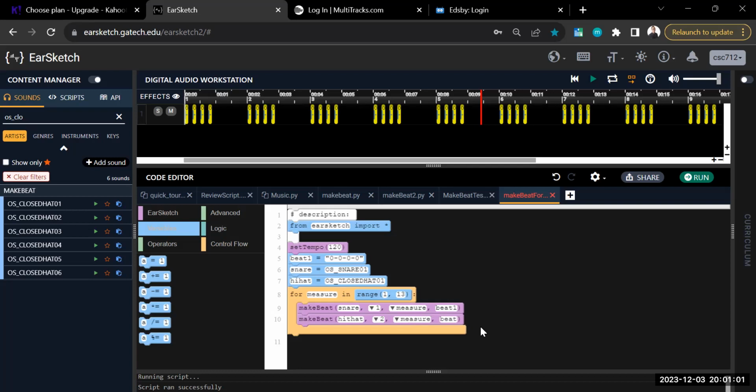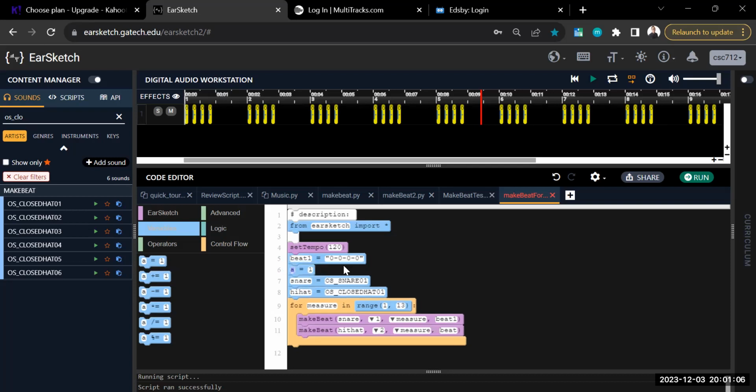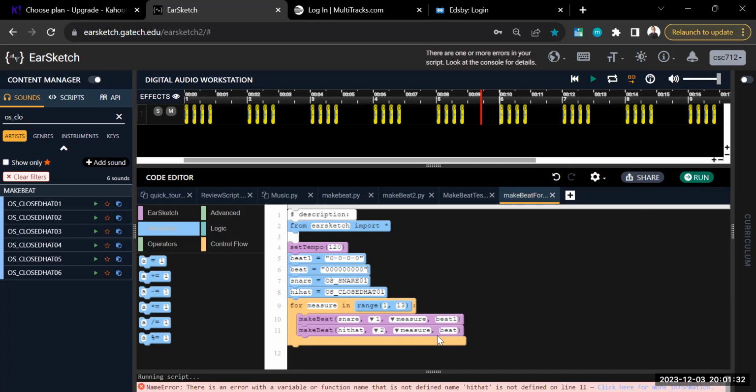But I'll show you some cool things that we can do. And let's do another beat pattern for this. This can be beat 2. And this one will be another simple pattern, actually. This one I'm going to make all zeros. So if we run it, oh, one sec. We got to change that to beat 2. Now if we run it,